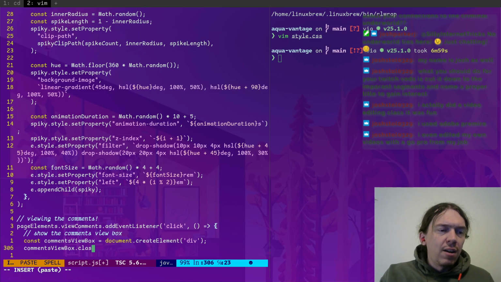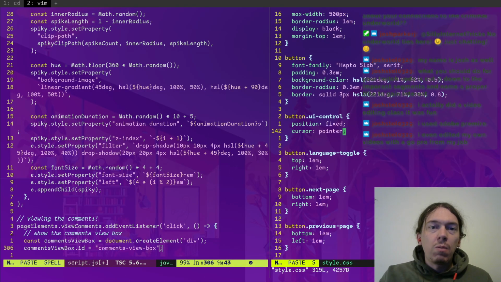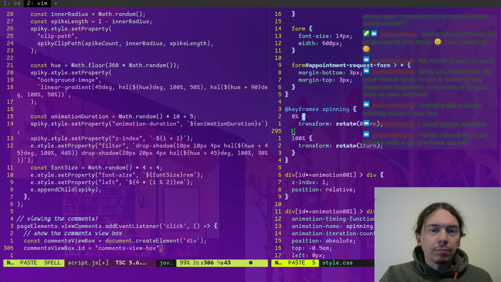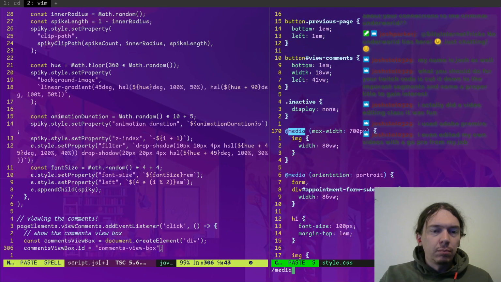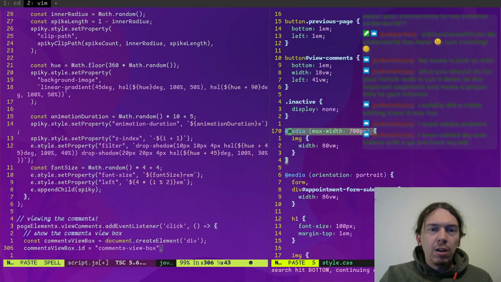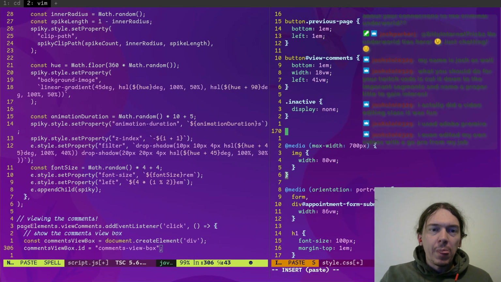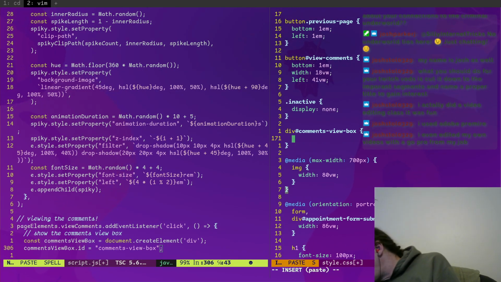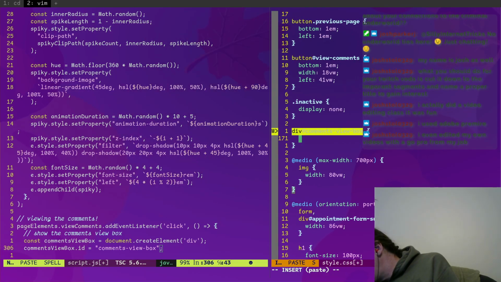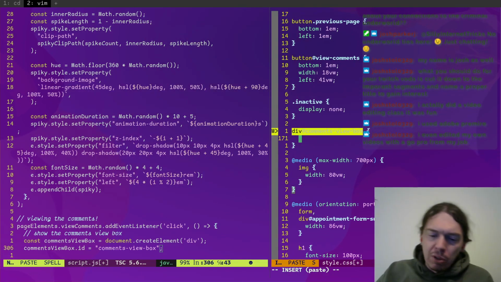Which should probably be more like the ID. Okay, so now over here. Is that the first media? So maybe right around here. So this is going to be called div hash comments view box. Okay, so this again will be position fixed.